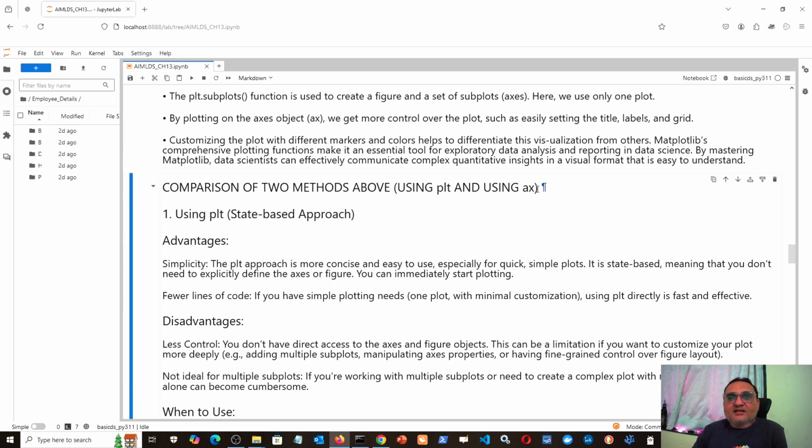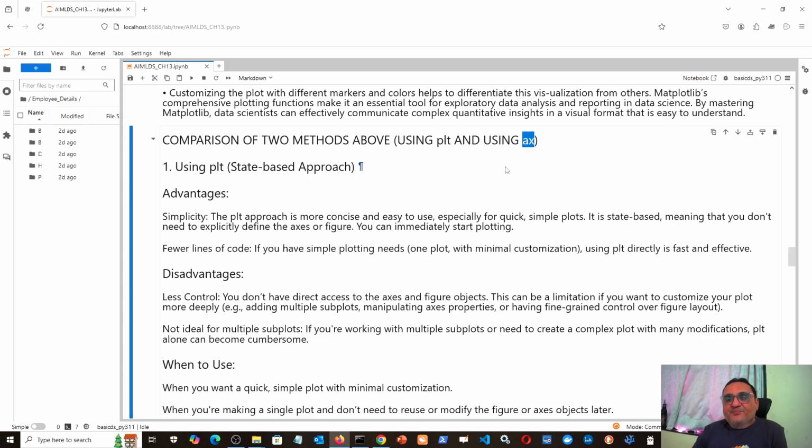But another approach we also saw, in which we initially initialize a figure object and an AX object, the axis object. So figure and axis both equal plt.figure, and inside we write figsize. Once they are initialized, all the rest of the lines we were writing using the AX object. For example, AX dot type of chart, maybe bar chart or line chart, then AX dot plot, then AX dot set_title, then AX dot set_xlabel, AX dot set_ylabel,